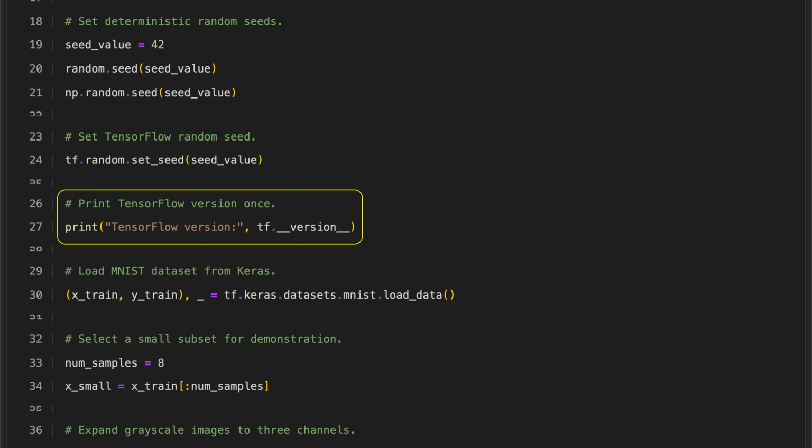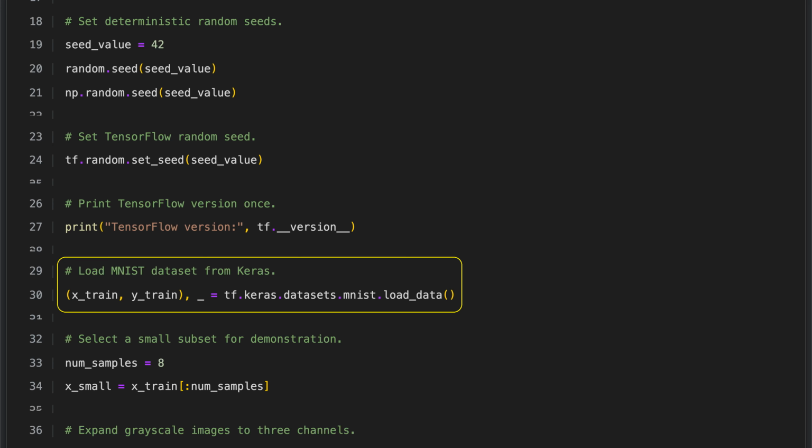This line displays the version of TensorFlow currently in use. Checking the library version is important because features and behavior can change between versions. Confirming the version helps ensure compatibility with your code and makes it easier to track down problems that might be caused by version-specific differences. The code uses TensorFlow's Keras tools to load the MNIST dataset, which is a standard collection